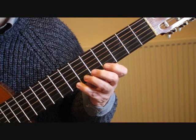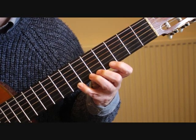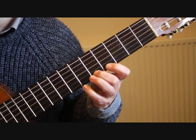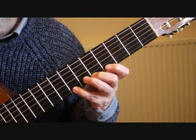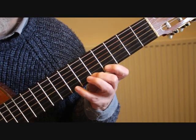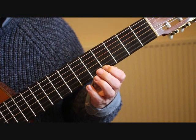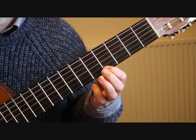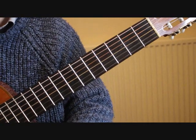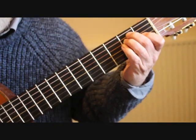Bar 53, keep the little finger on that 7th fret B, and we're playing both strings again. So we're playing B, 2nd string open, and the B on the 1st string. Then drop into the 5th fret 1st string, we're playing the A, and we're putting the ornament on it. So we're hammering the finger from the 5th fret to the 7th fret and back up. We're still playing those 2 strings, so it's the open 2nd string, and this time with the 1st finger now on the 4th fret G sharp, and then take the finger off and play the 1st string open. So that's taking us to this. So we've got from bar 52 so far, we've got